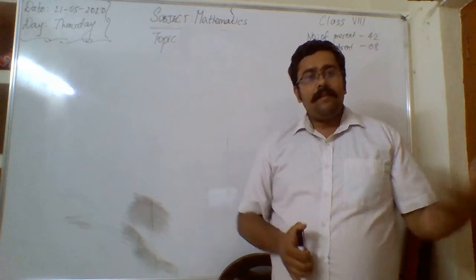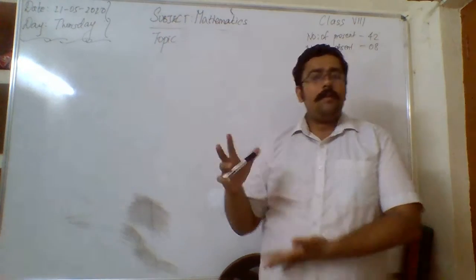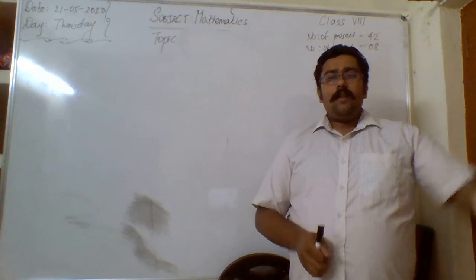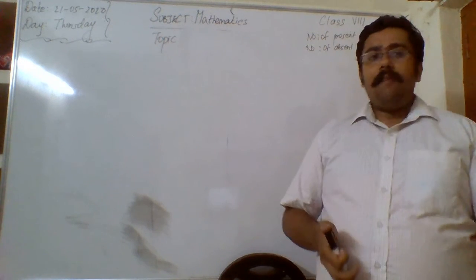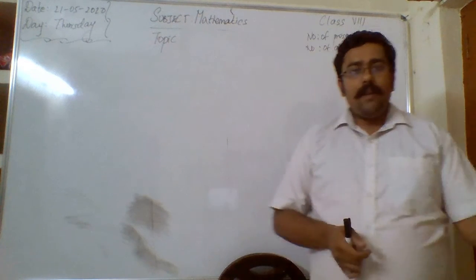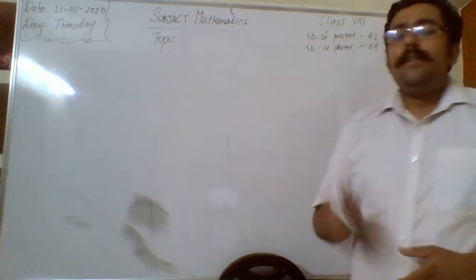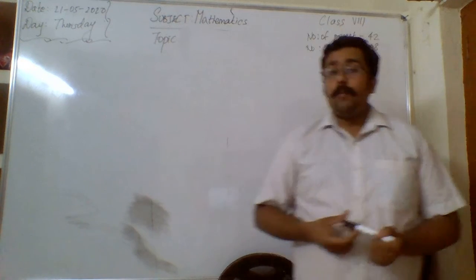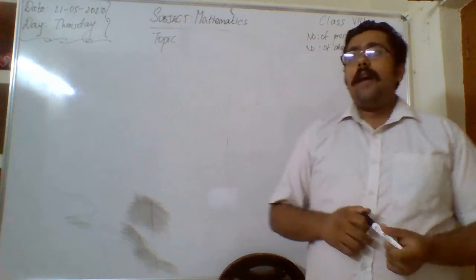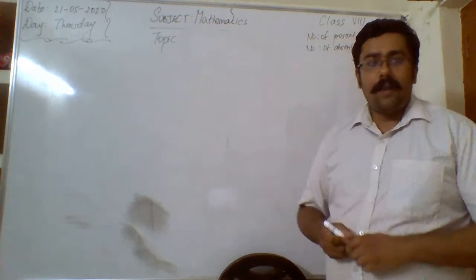So the box that is lighter will have fewer books, and the box that is heavier will have more books. For example, if you have 5 books in one box and 10 books in the other box, the box with 5 books will be lighter and the box with 10 books will be heavier. Okay, this is for a small amount of data. Suppose you have a large amount of data; for your clear understanding, I am going to teach a new topic today that is called bar graph.